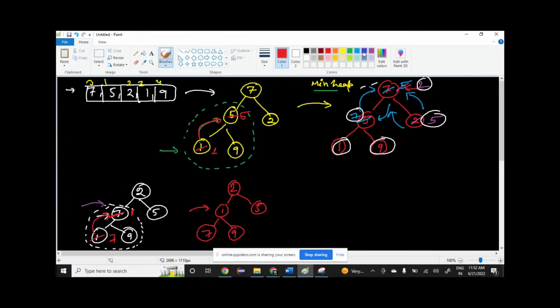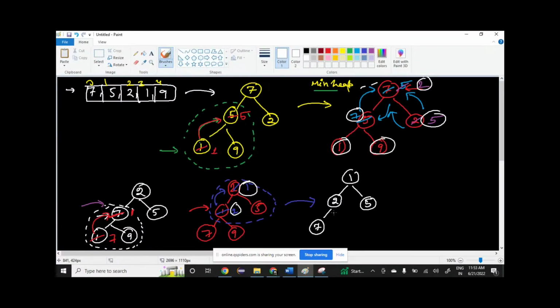Again you can see because of this heapify operation, this is not following the min heap. What will you do? Again you will compare it. If you find less, interchange 2 and 1. If there also, you can interchange it. After doing this heapify operation, you can see our heap will be like 1, 2, 5,